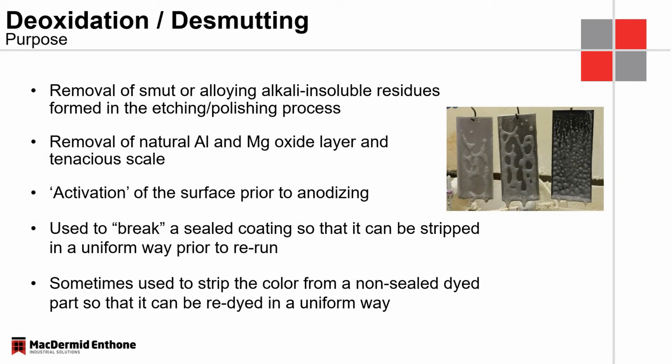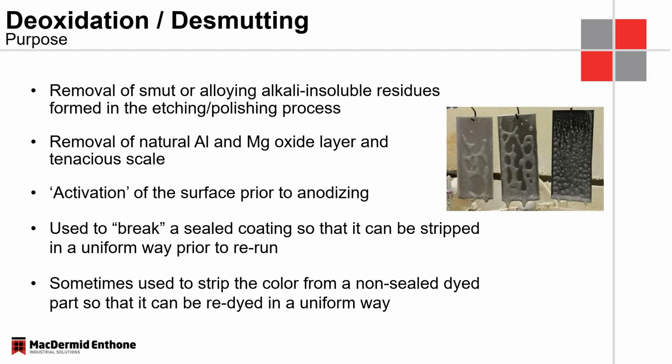As I mentioned before, the deoxidation and the desmut is really designed for the removal of alloying material. So when we go through the alkaline etches, we dissolve the aluminum, we have the alloying material left on the surface. They need to be removed. And we can see here